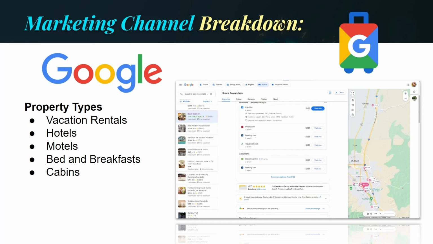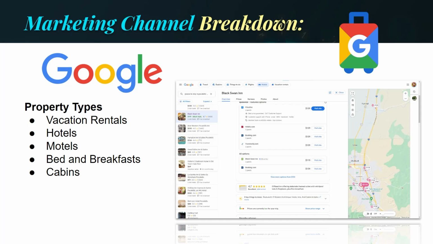Google Travel will list pretty much any room or unit that has 4 walls and a bed. So that's bed and breakfasts, boutique hotels, motels, cabins, and vacation rentals. They don't want campsites or RV sites where the guest has to bring their own bed and shelter with them. One of the biggest benefits of using Google Travel: Google is one of the first places many travelers go to start planning a trip. Even if you just Google places to stay in Seattle, you'll be presented with Google Travel options.